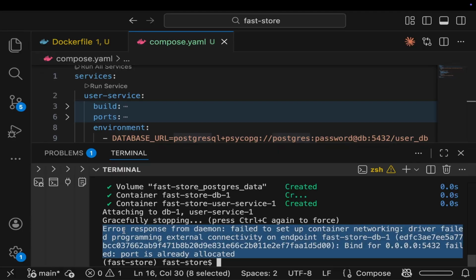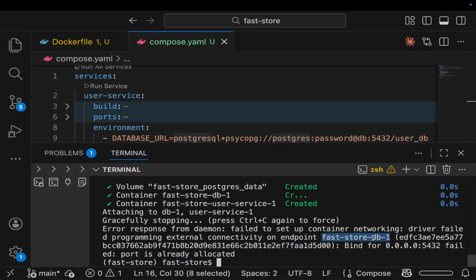It says error response from daemon, failed to set up container networking. Driver failed programming external connectivity on endpoint fast store DB. Then it says bind for 0.0.0.0:5432 failed, port is already allocated. Yeah, I have a number of Dockerized tools. Maybe let me try by saying Docker